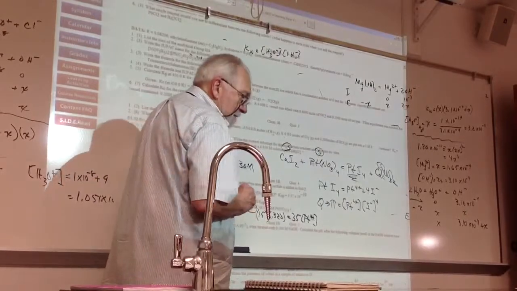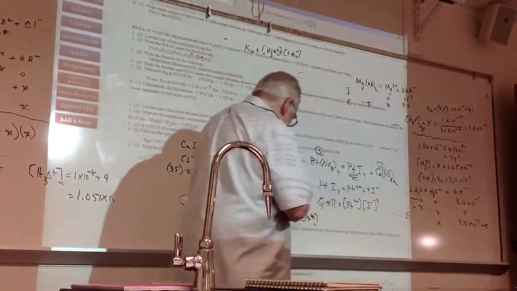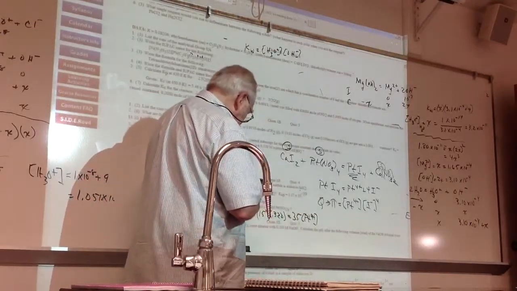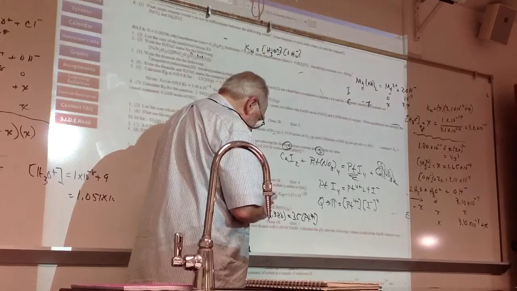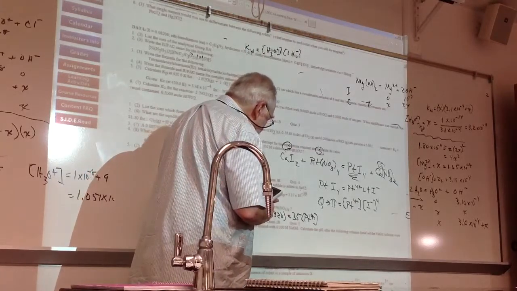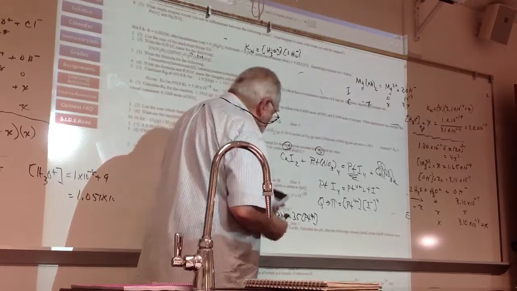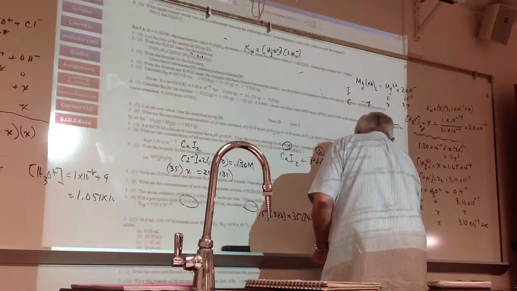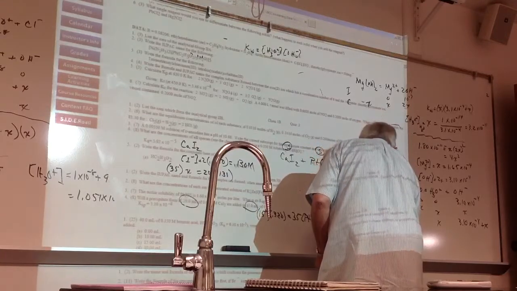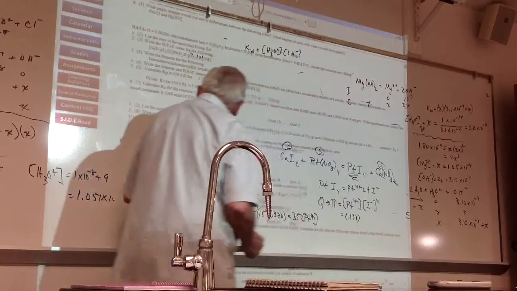So essentially, that's the dilution problem. Platinum is 0.137 molar. Solving this, the iodide